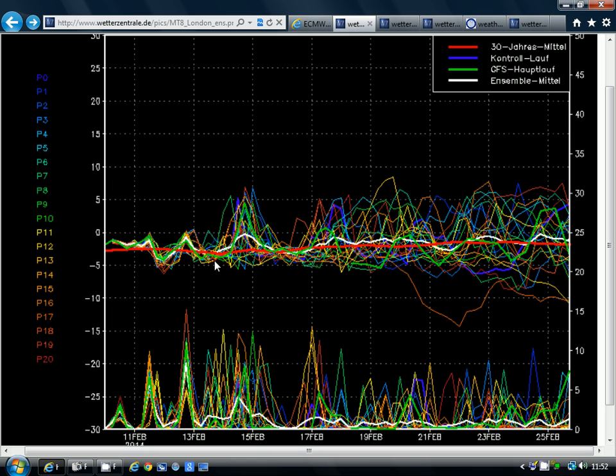Temperature ensembles first, we'll remember the red line is where we should be at this time of year, and we're going to be around the red line for the foreseeable future. Really not a lot to look at there, although as we get towards the final week of the month, this is the 21st of February just here, we've got a lot of scatter, with many members of the ensemble going very mild, possibly a taste of spring, but there are some much colder ensemble members in there as well,